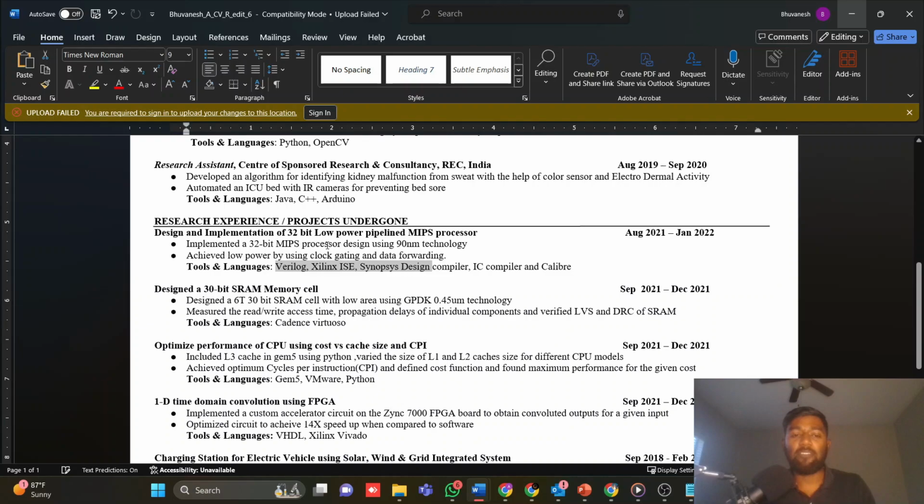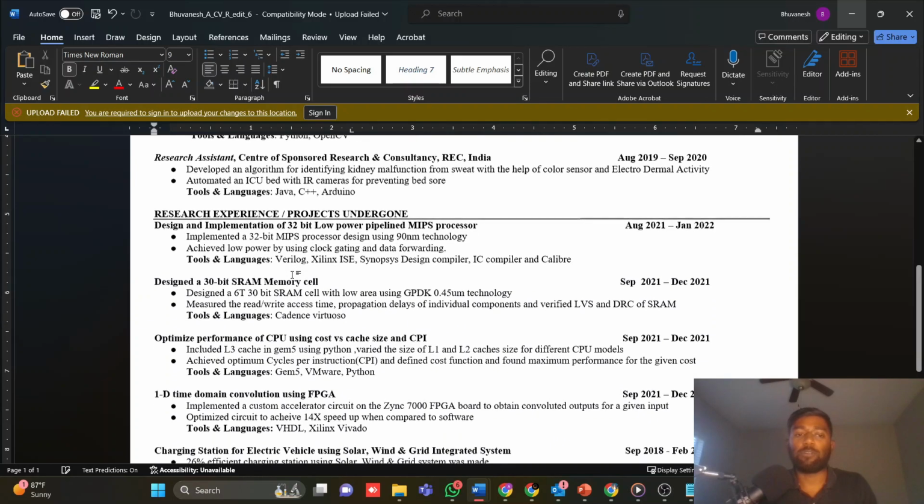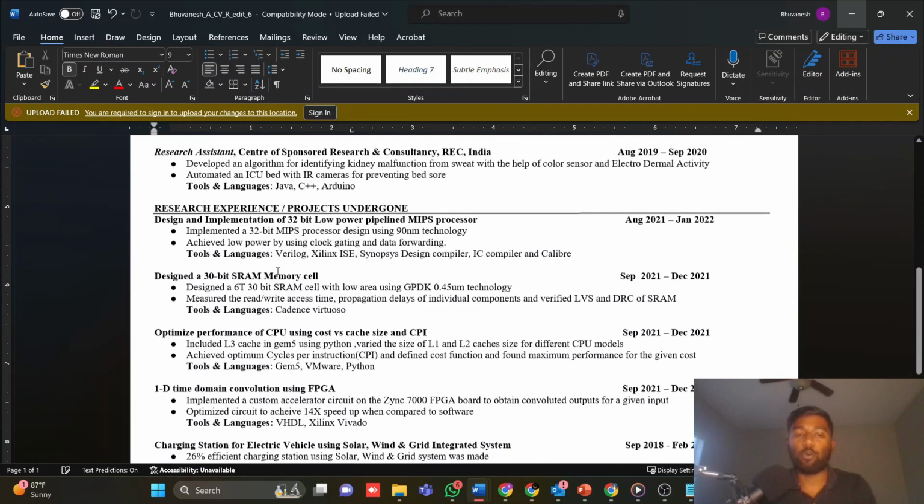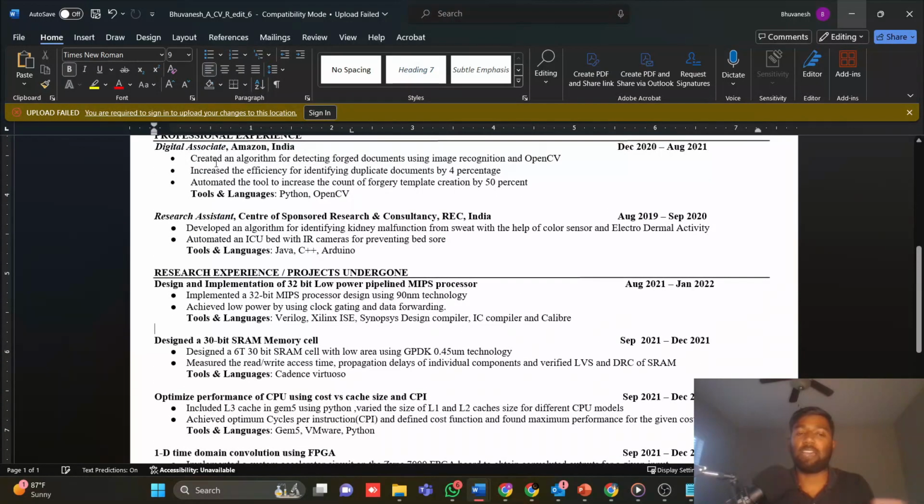So having something like these tools and languages helps. I spoke with multiple other people about what they think and what the hiring manager looks into, and they have the same opinion. So having tools and languages in your resume helps, so please use it. Though it feels like under every project I'm wasting one more line,